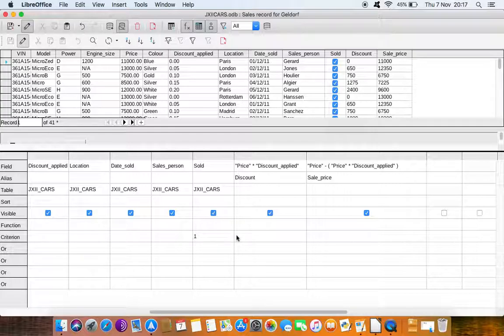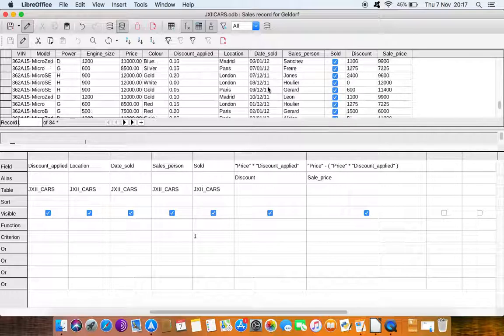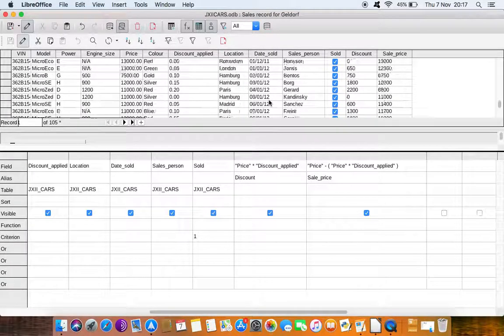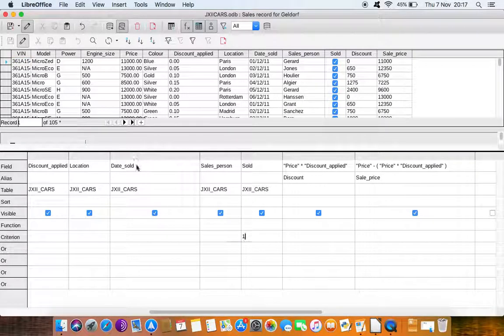And then it says sales were made in 2012. Okay, so date sold would be this one, right? Because this is the only one that has a date in it. So 2012. Now, if you have a look at the date, it's like this. Okay, so you can see I've got 2011 in there, and I've got January and so on, 2012. Right, so what we have to actually do is we can't just write 2012, because that's not